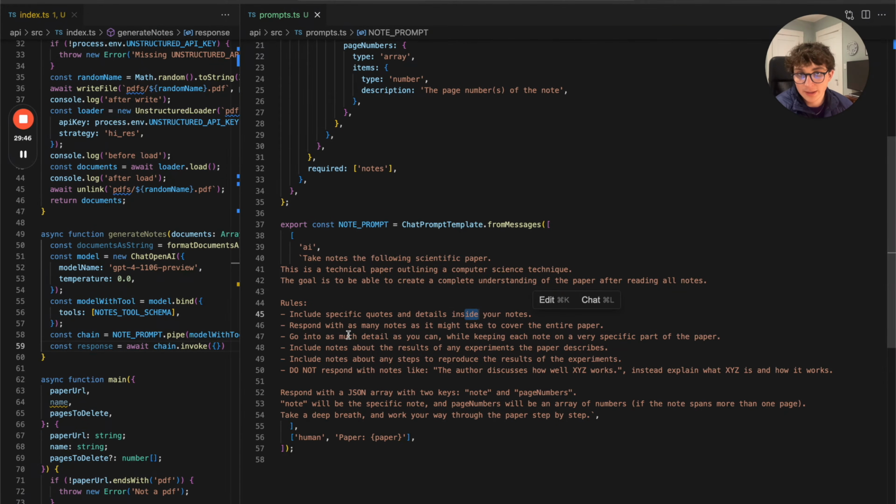Respond with as many notes as it might take to cover the entire paper. Go into as much detail as you can while keeping each note on a very specific part of the paper. These are all important. We don't want it to take like 2 notes on the first part and the end of the paper. We want it to take notes on the entire paper, and we want it to go into